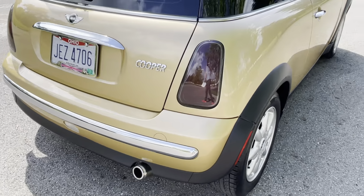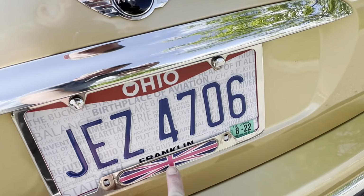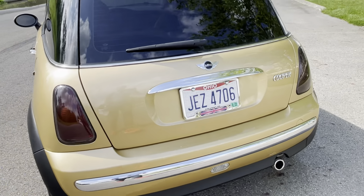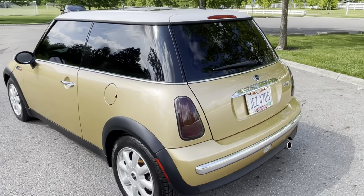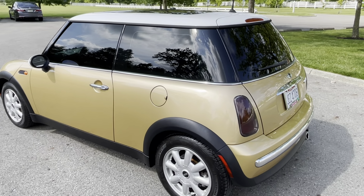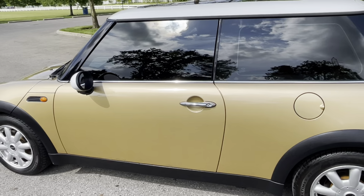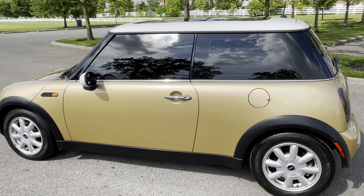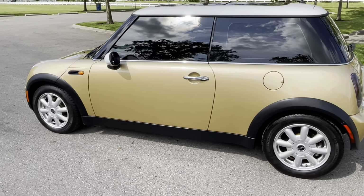This has been very well maintained. Let's talk about that real quick. Note the Union Jack British flag license plate frame to come with the car. Many new parts on this car, as I said. So there's your initial walk around. It is extremely clean. It is extremely nice. There are a few flaws on the body that we will go back here in a moment and point out, but